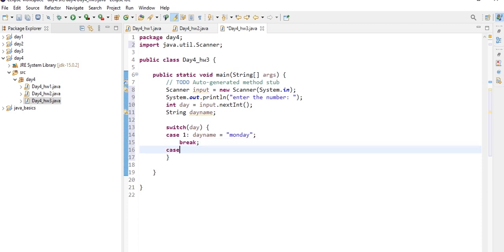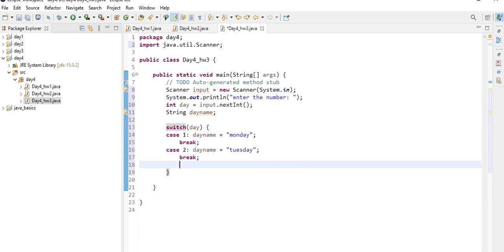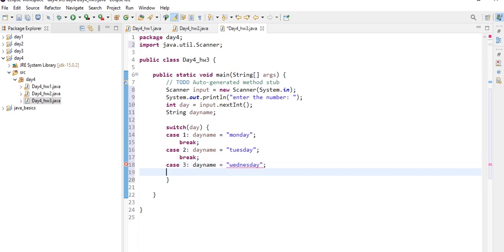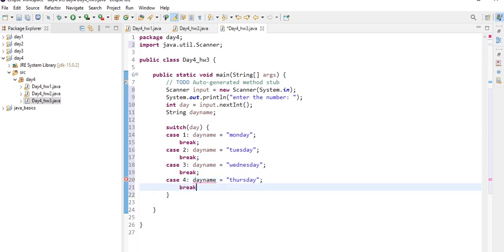And same with case 2, if the day name is Tuesday, and we are taking the help of the break statement to come out of this switch block. And case 3, day name is equal to Wednesday, and we are breaking. Same with case 4, day name is equal to Thursday, and we are taking the help of the break keyword.